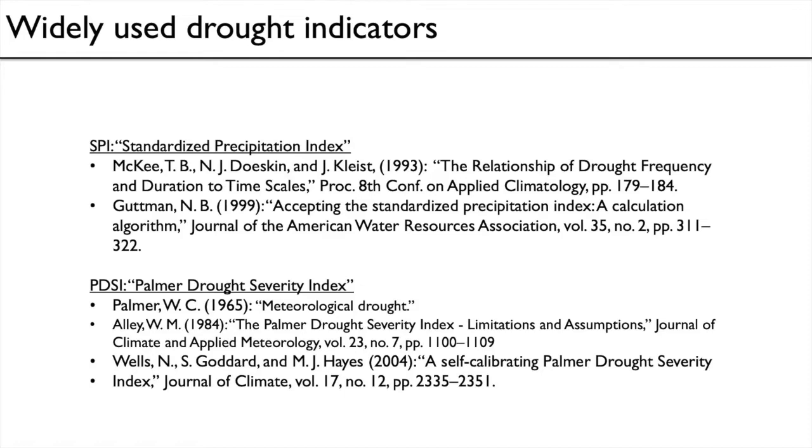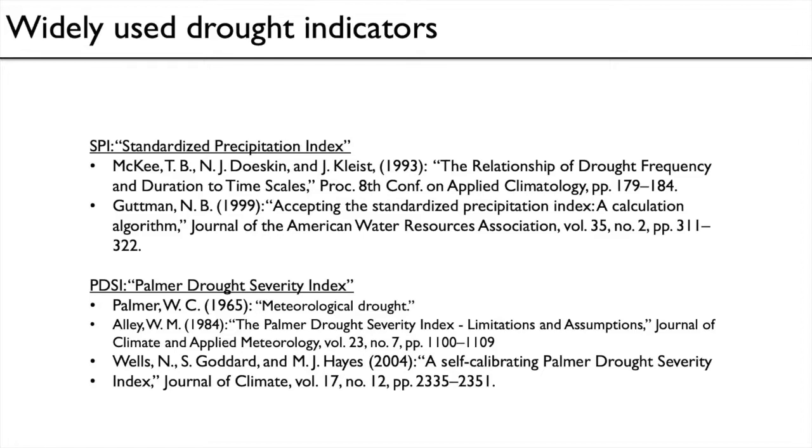Two of the main indices that you will find widely used in the literature to look at drought variations through time, really the first two indices that should come to mind whenever you think about drought indicators across space through time, are the Standardized Precipitation Index, SPI, and the Palmer Drought Severity Index, which I talked about a little bit last time. I will walk you through just some of the basic details and assumptions going into each of these, but to really get into enough depth, I recommend that you look at the reading list at the end here. I'll have a slide for that at the end of this lecture.